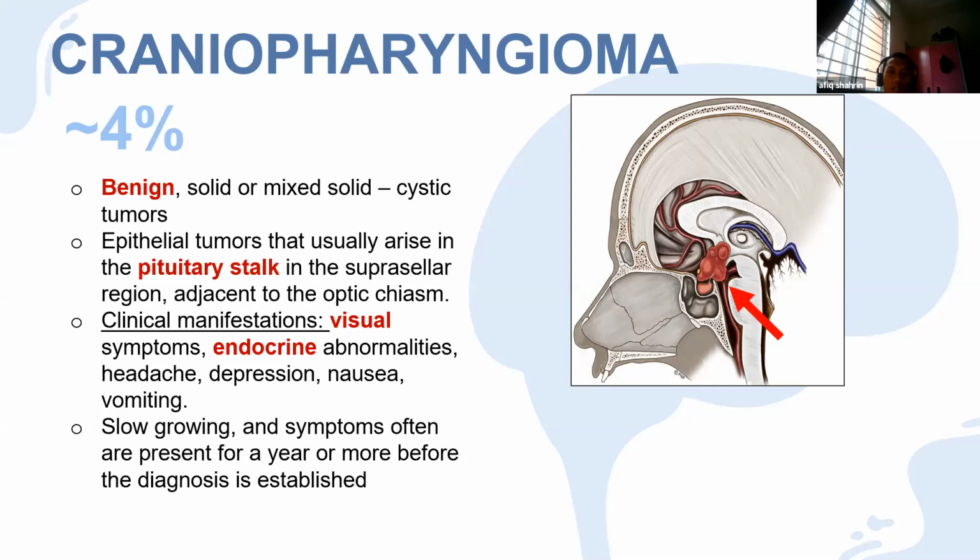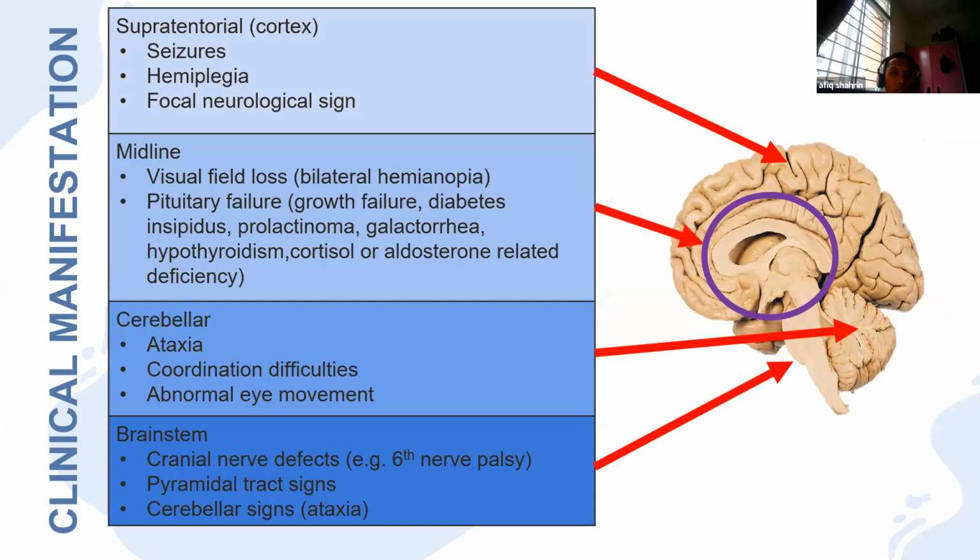Okay. Next, we go to clinical manifestation. So basically, the brain has different compartments or different lobes. So it brings different functions of the lobes themselves. So the clinical manifestation is different according to the site of the tumor itself. But the most important part when we talk about brain tumor is the increase of intracranial pressure, increased ICP, because the tumor itself is occupying the space in the brain, space occupying.